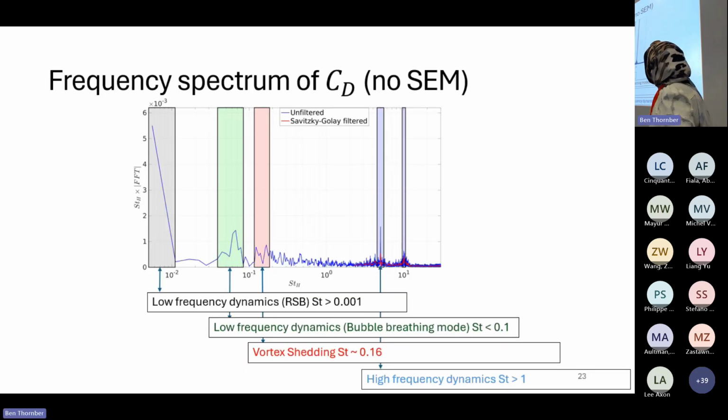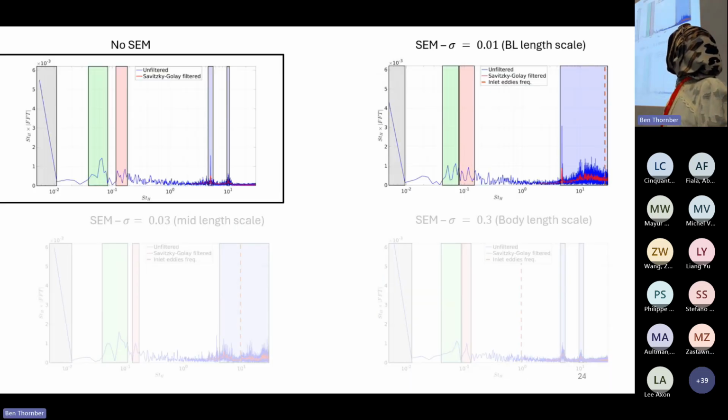Now, if we look at the frequency spectrum of CD without the SEM, we can see different dynamics, matching what's reported in the literature. So we can see low frequency dynamics that's normally relevant to reflection and symmetry breaking, and in the absence of yaw, that would be bimodality. And then we see low frequency dynamics also related to what we call bubble breathing. So that's a streamwise motion of the recirculation region. And also vortex shedding around Strouhal number of 0.16, and finally high frequency dynamics associated with Strouhal number larger than 1. Now, when we apply the SEM at very low